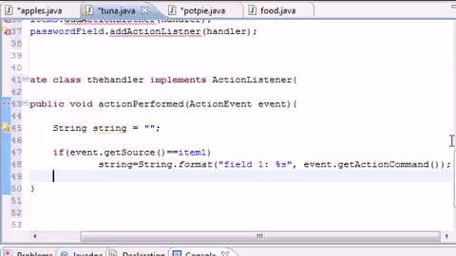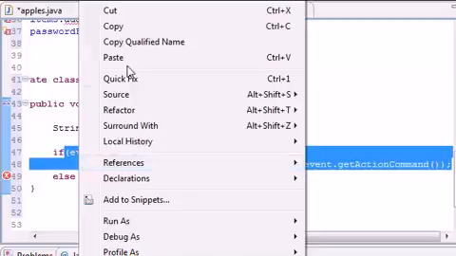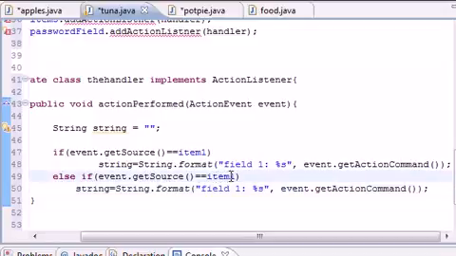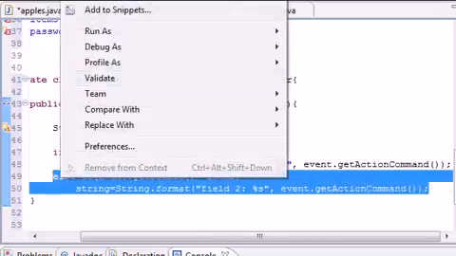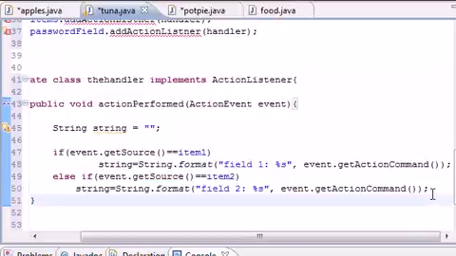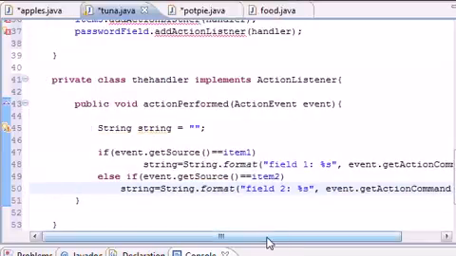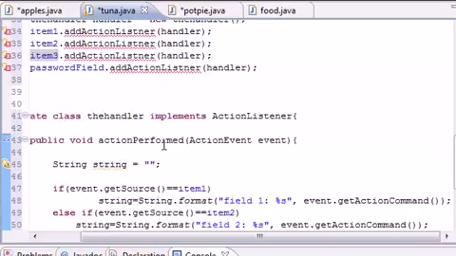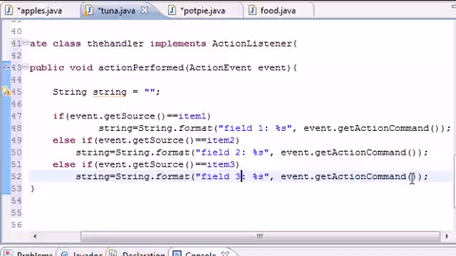The next thing we're going to do is build 3 else ifs. So else if, and just go ahead and copy this, paste, in event 2, field 2, and we'll get the action command for that. Now let's go ahead and copy this one more time. Copy, and make sure my cursor's in the right spot. Cool. And paste. If event getSource equals item 3, then we just want to output field 3 equals that. And now what we want to do lastly is put else if,